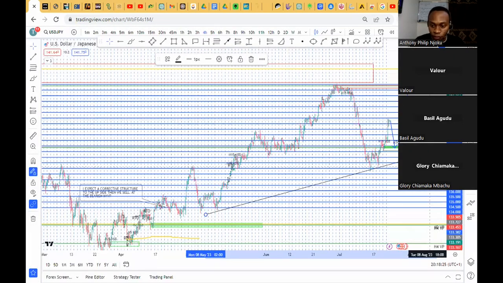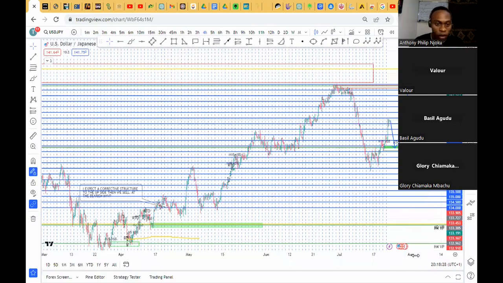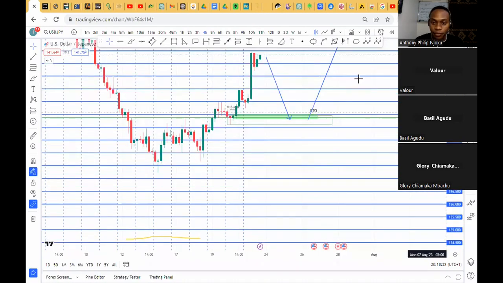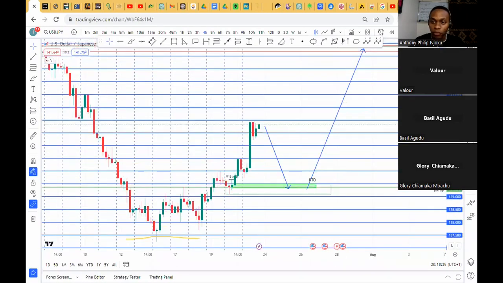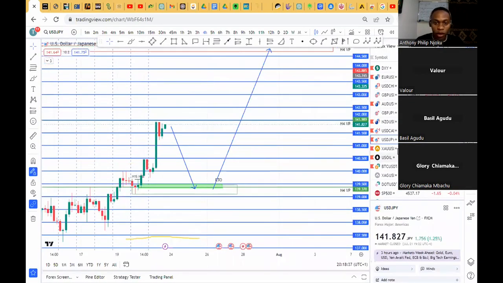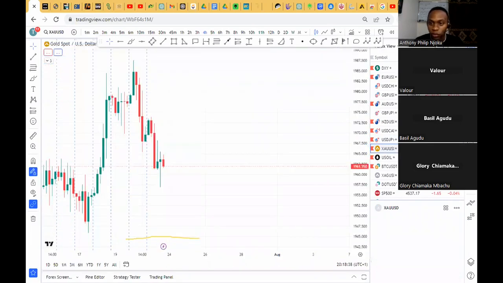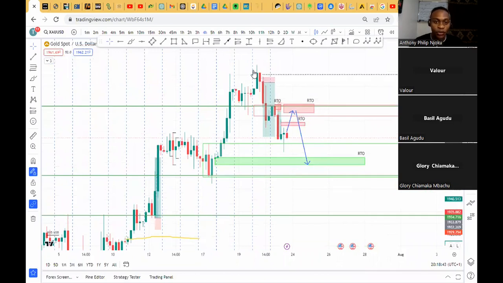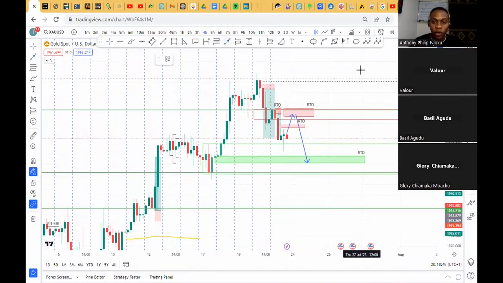Okay. So the next on the list is gold. Gold was a very juicy and profitable trade for last week. I called out gold sell for you guys over here. We made about 1:3, and on Friday as well, I took this trade for a sell